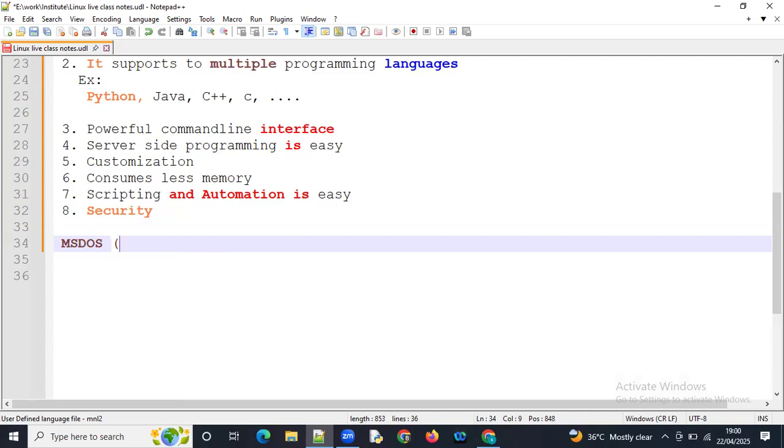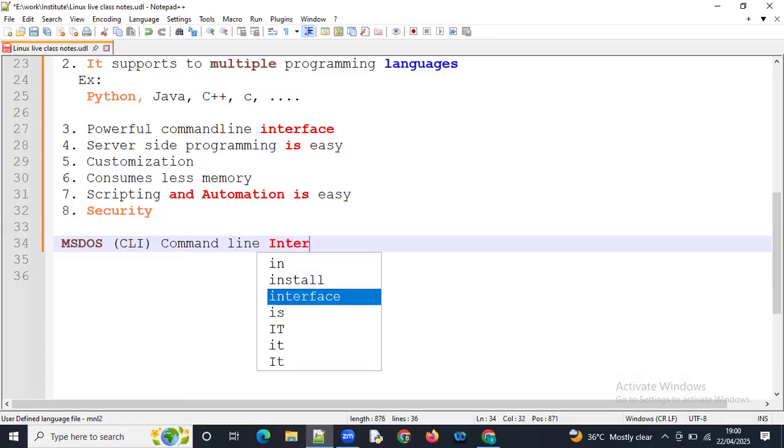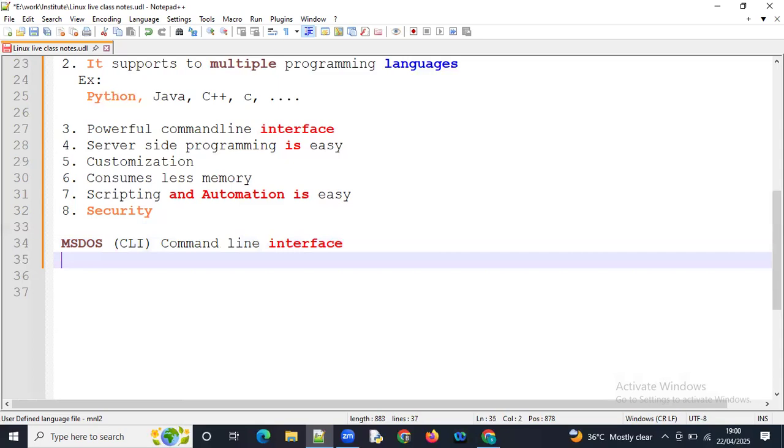And it is a CLI. CLI is a command line interface. It is also a free operating system. So what is this MS and what is this DOS?